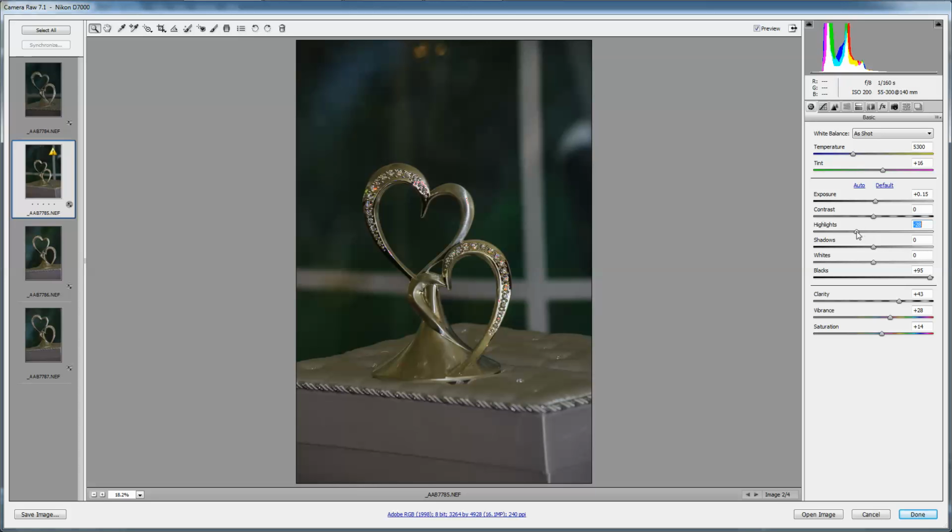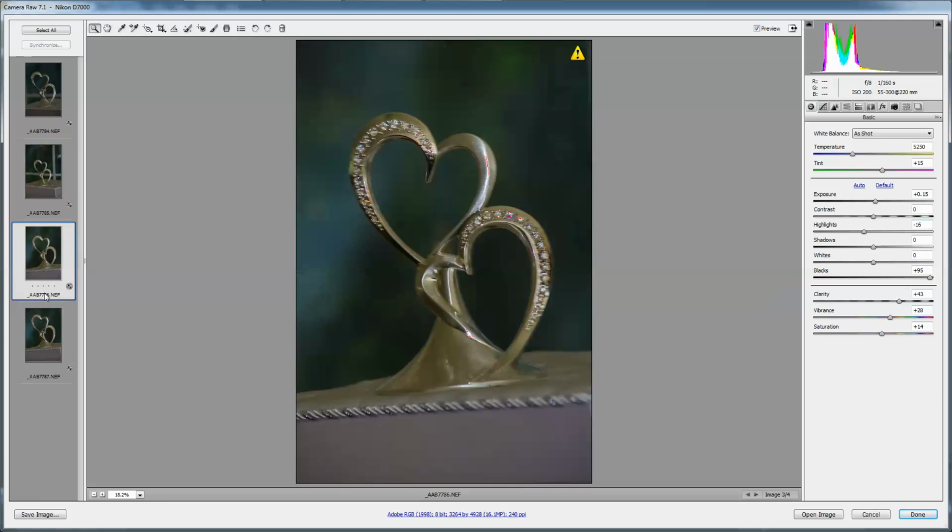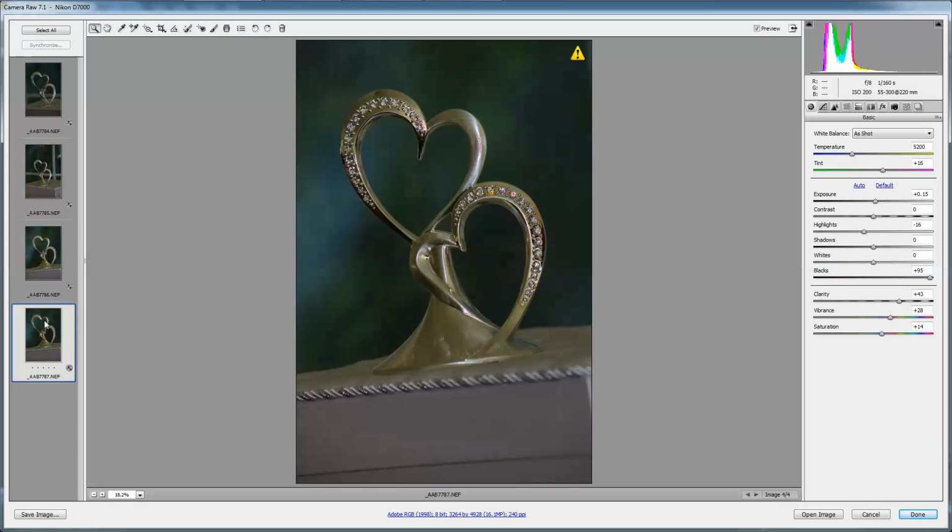But all you do is now you can come in and individually tweak each image to make changes, and I'm not going to bother doing that right now. I'm just going to click through the different images, but you can see, it's not too bad. But anyway, it was just a short demonstration on showing you how you can use Camera